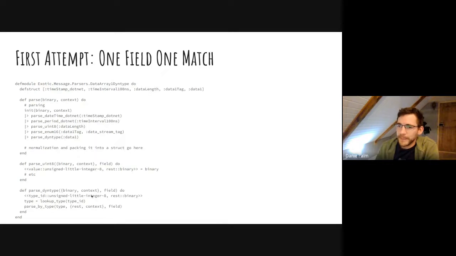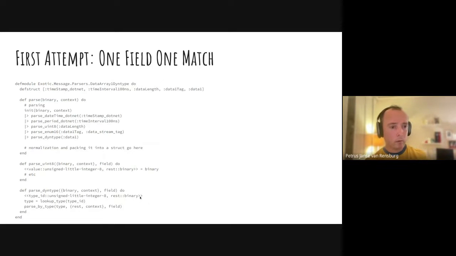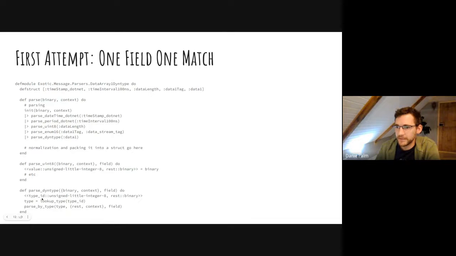Then you do a pattern match to find the type ID, again an unsigned little integer of 8 bits long, and then you have to do a lookup. What type actually corresponds to this integer value I've just looked up? Then you have the type, and then you can parse by type. This is more pseudocode than what I really did.